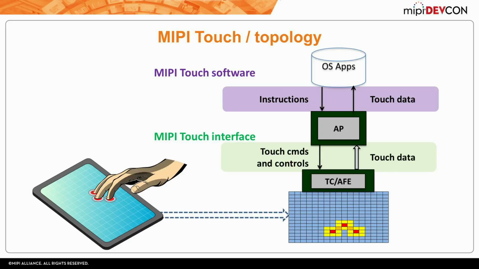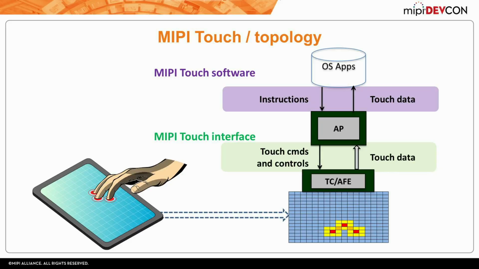And so both of these solutions are in the market now. Both these architectures are in use, and they have different requirements. The current problem the customer faces is that what I do for the touch controller side and what I do for the AFE side are different. They're incompatible with each other, and therefore it creates an additional burden on me, the customer, if I want to have the ability to choose between those solutions for different designs or different applications, because I can't easily reuse. So one of the goals here is, how do I make this look the same no matter what I'm attached to, so the customer doesn't have to bear that burden?